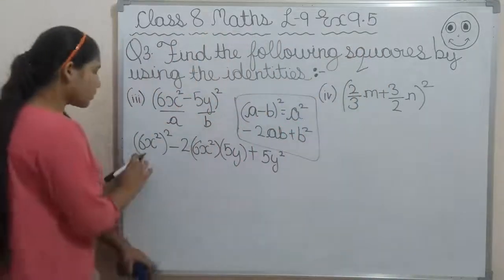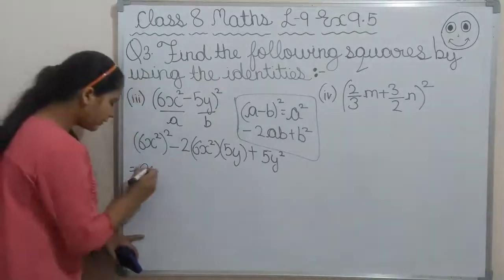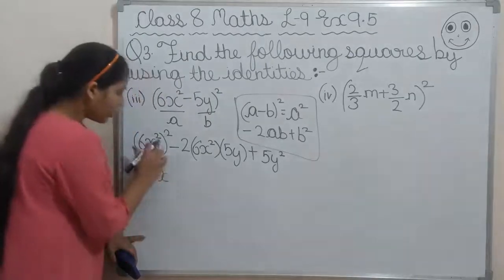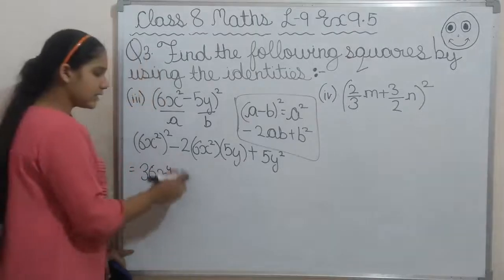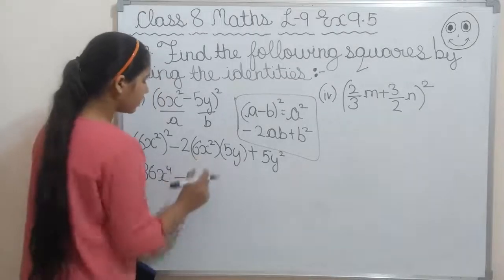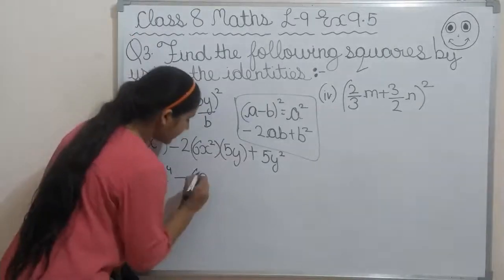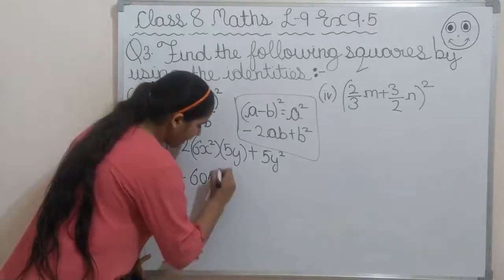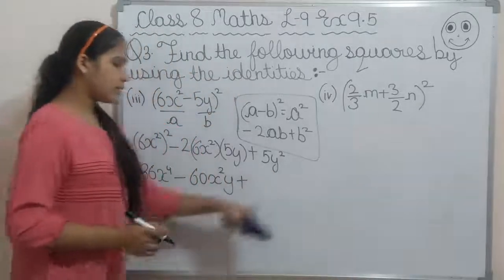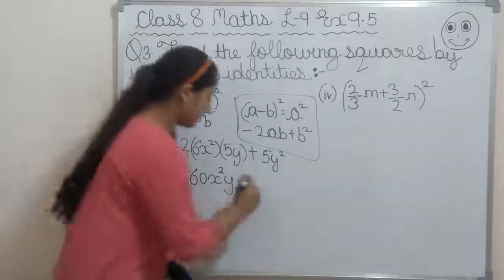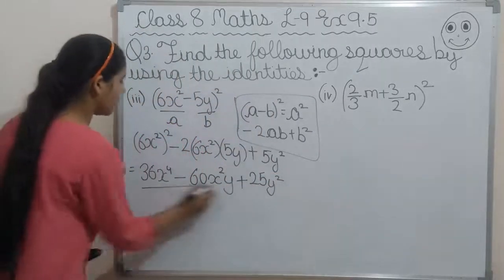So here we will write, 6 square also we have to take, and x raised to the power 4. So 6 sixes are 36. Then x raised to the power 2 into 2. You can do the simple way, 2 into 2, 4. x to the 4, then minus as it is, 2 into 6x square. Now in this no need to take square. 2 sixes are 12, and 12 fives are 60, and here x is in square, so write x square y. Y is only one time, so only y, plus as it is 5y square again, so 5 fives are 25, so 25 y square. Now this is the answer of the third one.